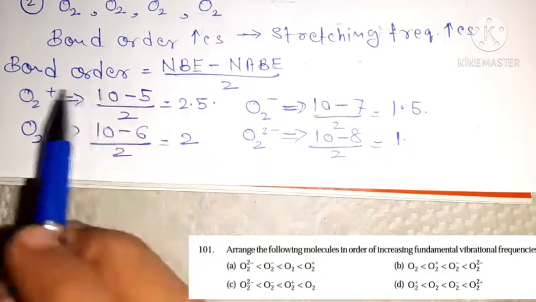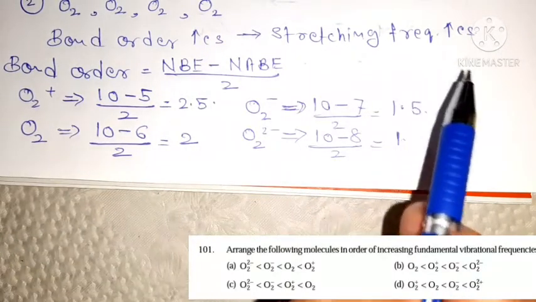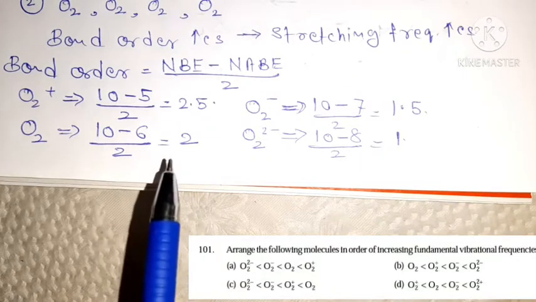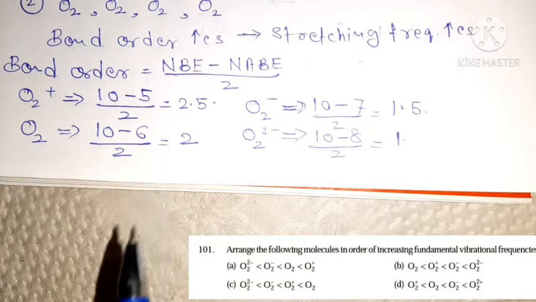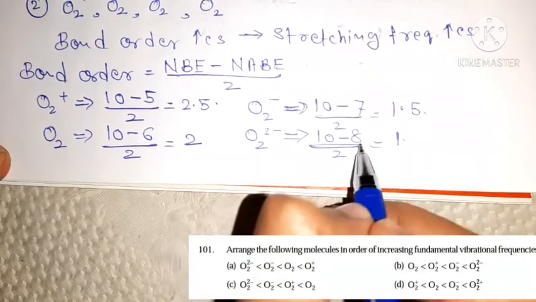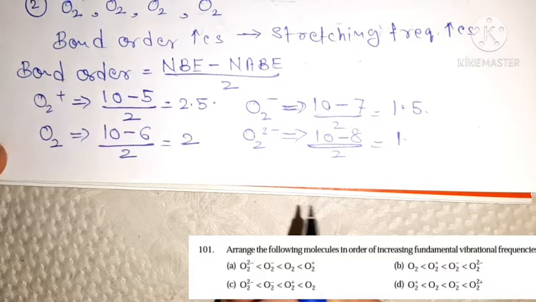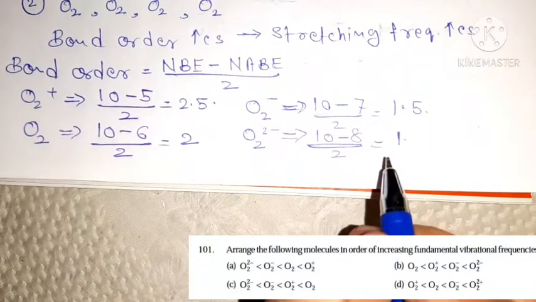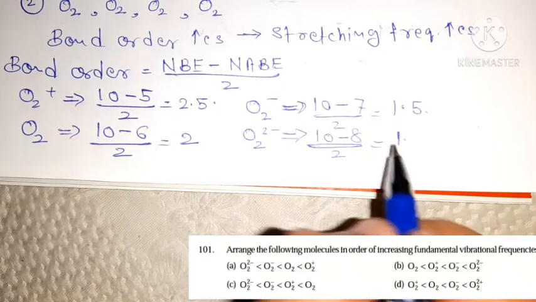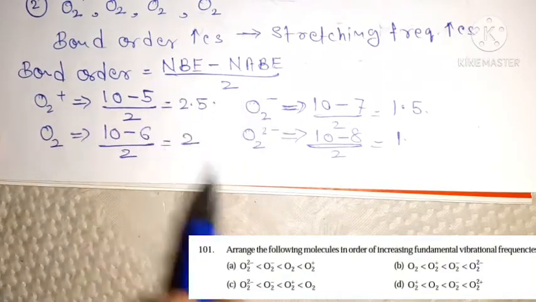Okay, and what is the relation between bond order and stretching frequency? As bond order increases, stretching frequency will increase. So here you must find the increasing order of fundamental vibration frequency. It means the molecule which has the lowest bond order has the lowest stretching frequency. Understand? Out of these four species, O2 2 minus has the lowest bond order, so it has the lowest stretching frequency, then O2 minus, then O2, then O2 plus has the highest stretching frequency